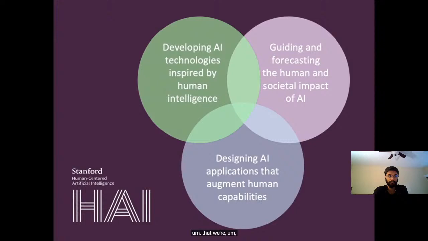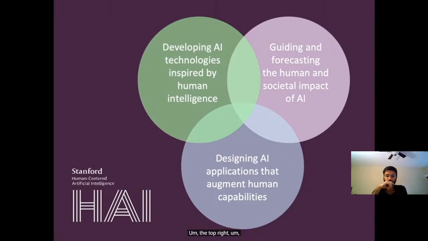The three themes that we're mainly emphasizing for this institute: the first one, in the top left, is developing AI technologies, but we're particularly interested in making linkages back to human intelligence, so cognitive science and neuroscience. When a lot of the early formative work in AI was done, including all of the early work in neural networks like the development of backpropagation, it was actually largely done in the context of cognitive science. That was a linkage that tended to get lost in the 90s and 2000s statistical machine learning emphasis, and I think it'd be good to renew that.